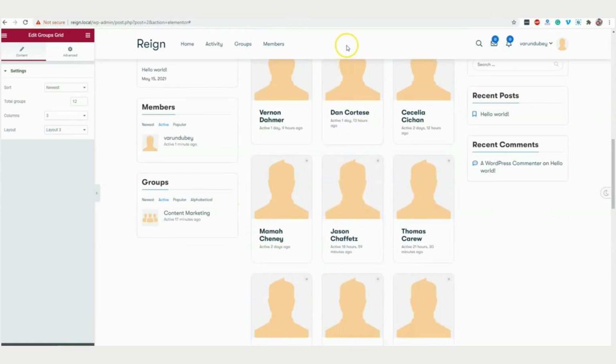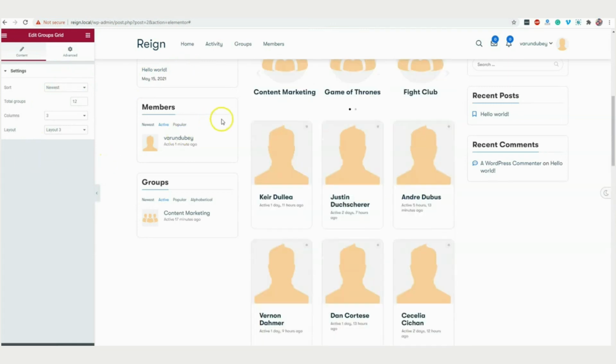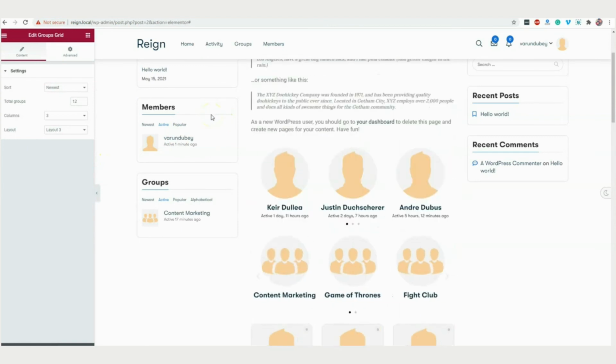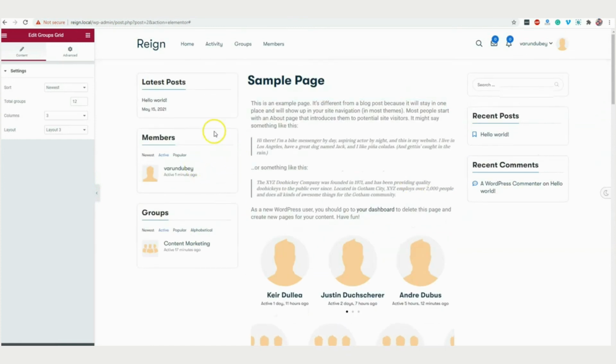You can display your groups anywhere, and you can showcase a little bit on your landing pages with these elements. It gives you a dynamic overview of the groups and the features you have inside the theme. Hopefully these new features are going to